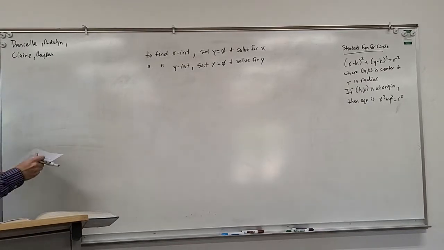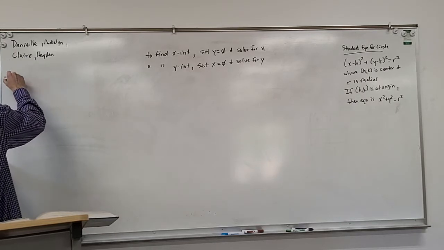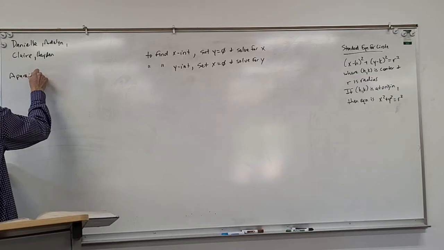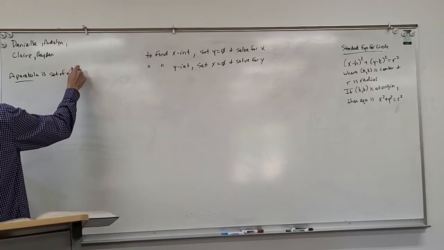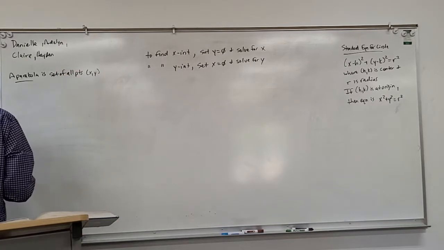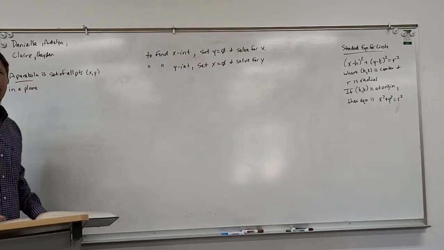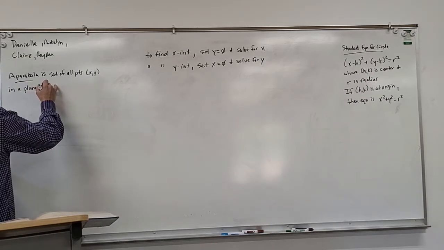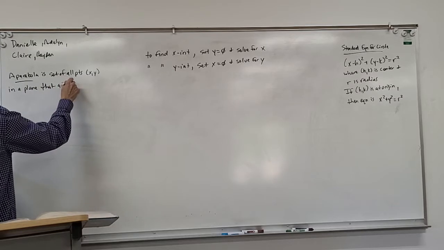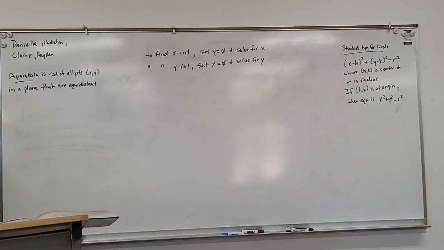I don't think it gave us this definition in the previous chapter. So what is a parabola, as we think about the locus? A parabola is a set of all points xy in a plane. I can't help it, I think of an airplane with all these xy points. That's just what I think of every time I write that. Just hanging out in there, chilling, that are equidistant from a fixed line